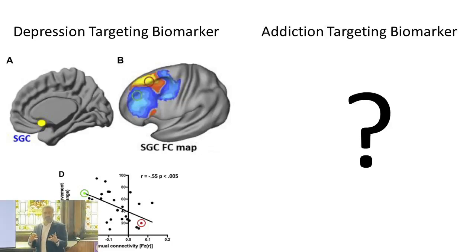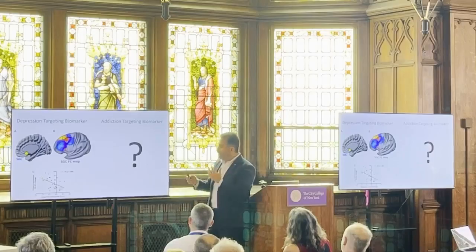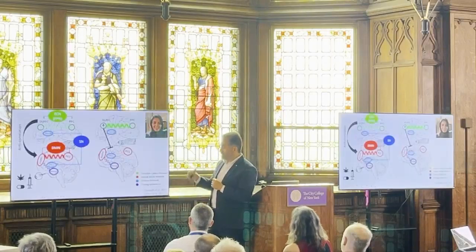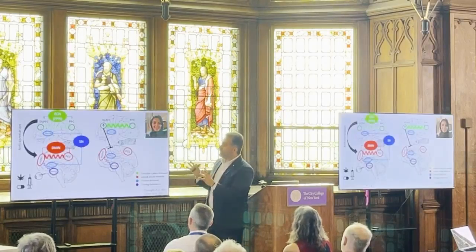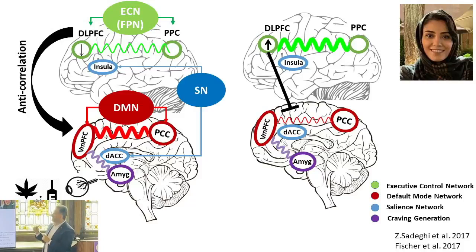Rita was talking about some of the targets, Travis was talking about some of the targets that we have, but what would be the right target? So we are looking into the potential targets. This is a model that we are working on with Ghazal, my postdoc, trying to see what the areas are and how they could be related, in terms of whether we are tapping into the same network when we are trying to find the right target for drug addiction. I'll give you a little bit of evidence on what these targets are and how they are working, starting with